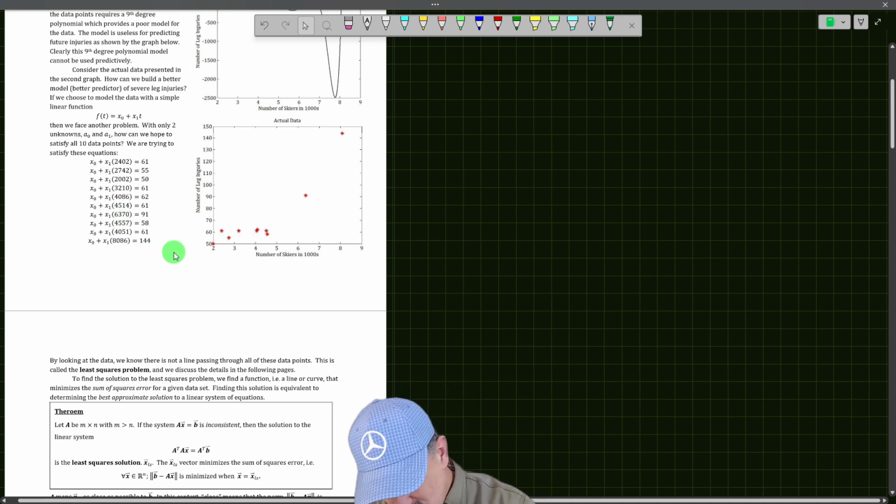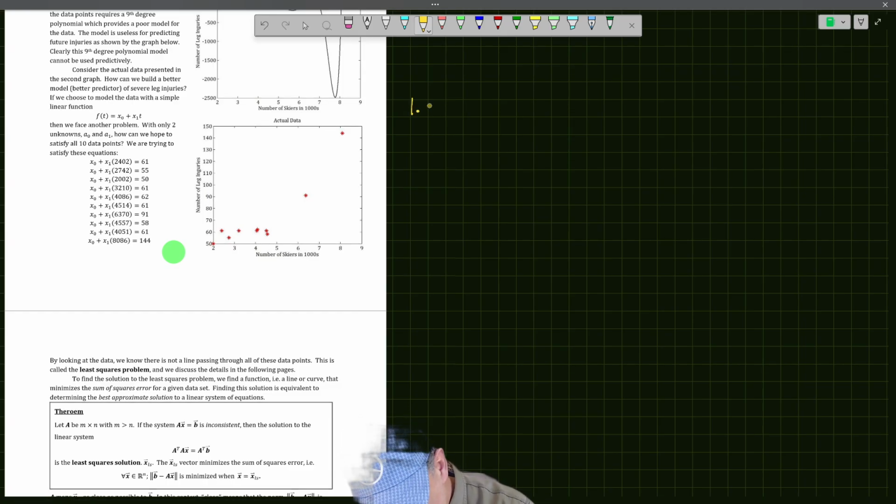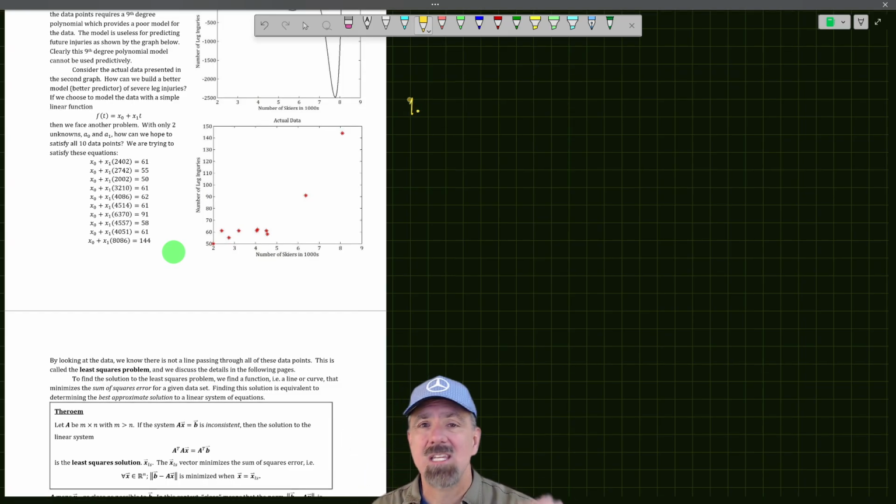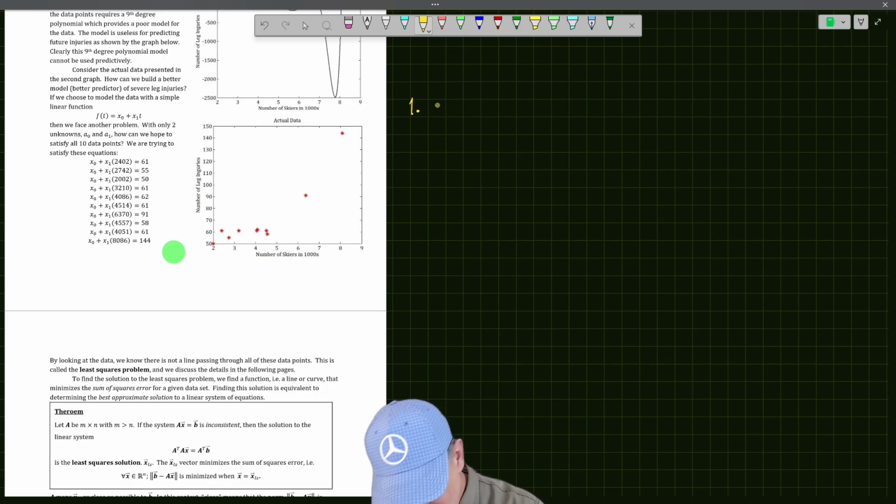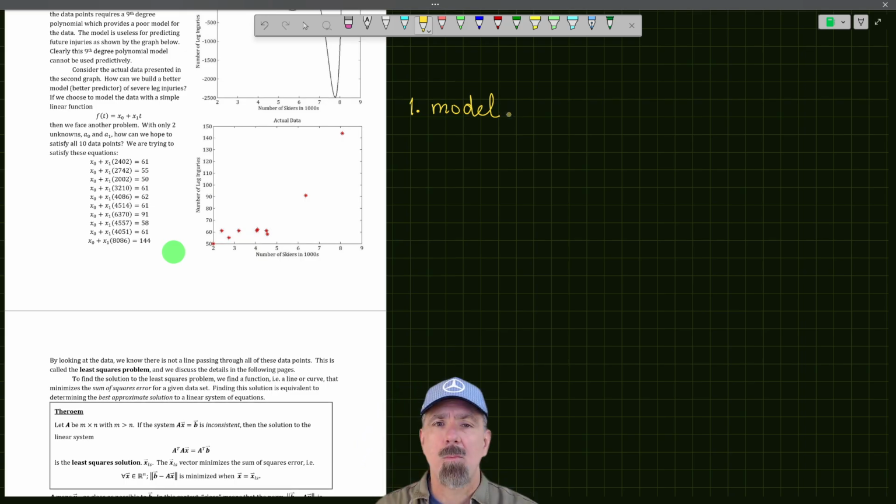So this gets really to steps 1 and 2, right? So step 0 is the data. That's where we always start. The next step is we're going to come up with a model. We want to make sure and write down the general form for our model. What is the model? For the case of linear models,